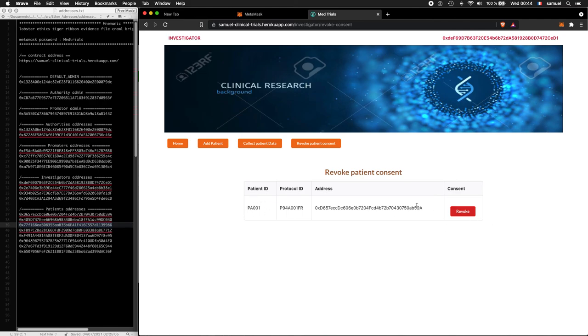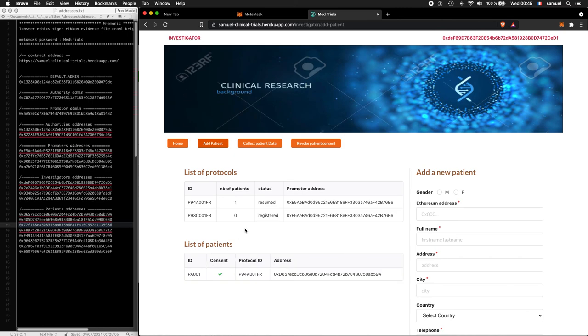Now, as you can see, the second patient has been removed from this trial, and we can go back, for example, here to see that now we have just one patient because the second one has been removed after revoking his consent. And also in the table we can see that there is only one patient because the second patient has been removed.